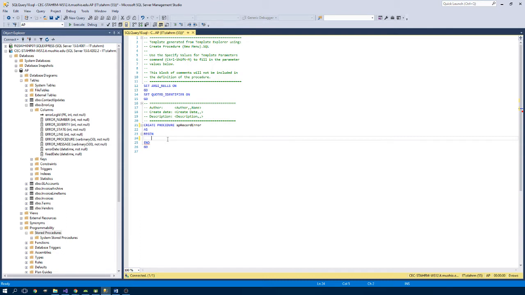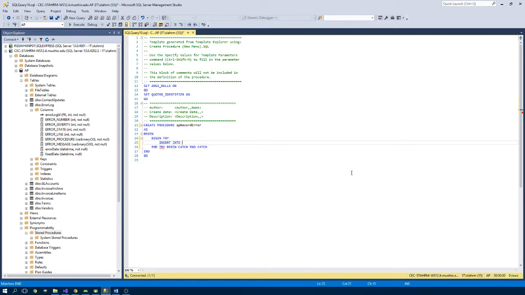Okay, so what we're going to do here is we're going to enclose this insert into a try. So I'm going to begin try and end try, begin catch and end catch. So I'm just doing this because I don't care if it errors out. I really don't care if it errors out. I just don't want to flare up another error. And all I'm going to do here is I'm going to insert